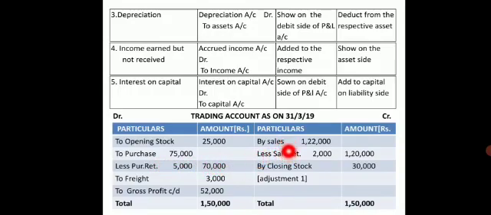On the credit side of trading account, we have only two items, that is sales. So by sales 1,22,000 in the inner column. Then you are having returns inwards, that is sales returns, which is taken as 2,000. So sales returns in the trial balance is taken on the debit side, whereas purchase returns is taken always on the credit side. Now net sales amount to 1,20,000. So 1,22,000 minus 2,000 will give me 1,20,000.